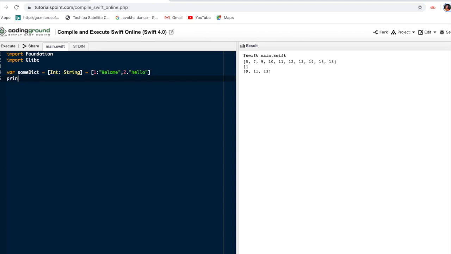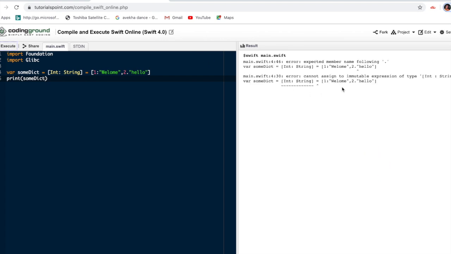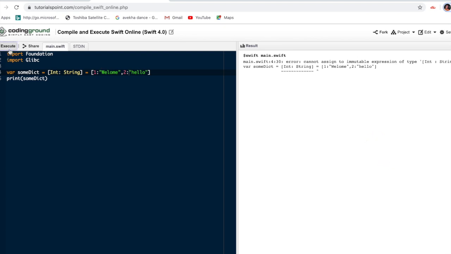So we can see our output. Then execute it. See here what happened. I have used dot, but we have to use colon, that is very important.